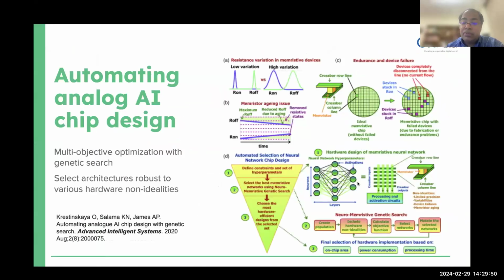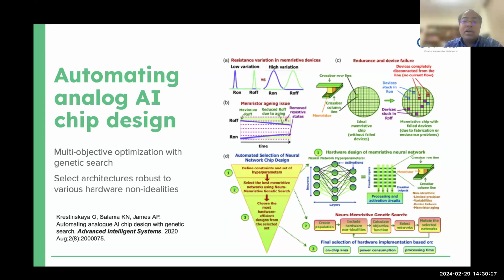Another challenge that we have is often designing these networks. So what we did was we found some of the ways in which you can optimize the design using genetic search and others, to bring up recommendations for various hardware units that need to go into making the neural networks. So rather than manually building these analog networks, this approach takes various hardware performances into account while designing the network itself.